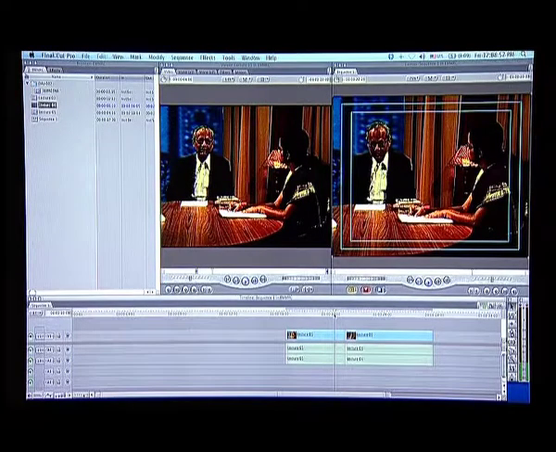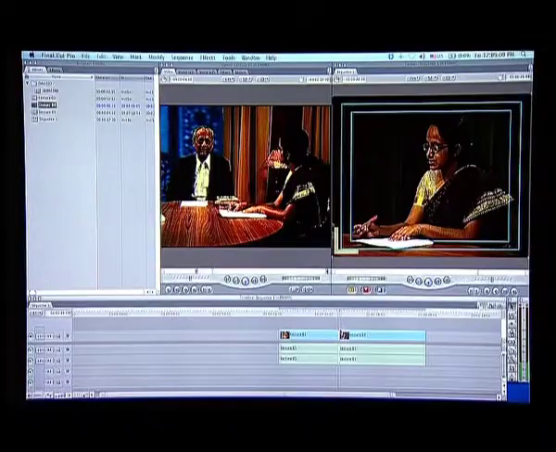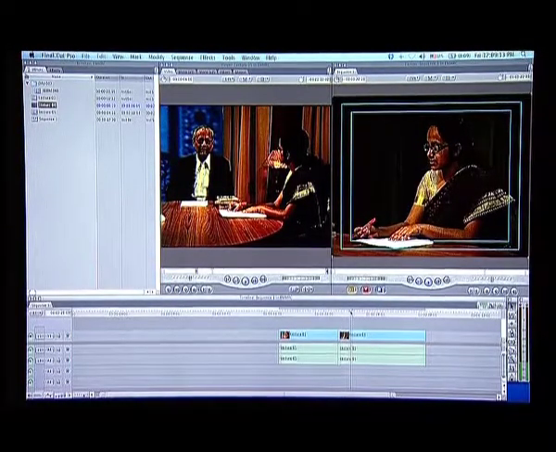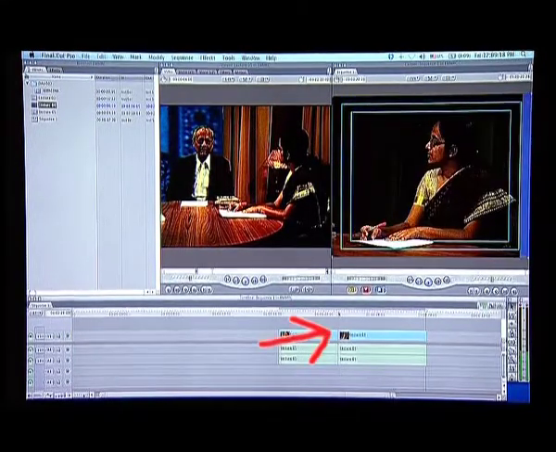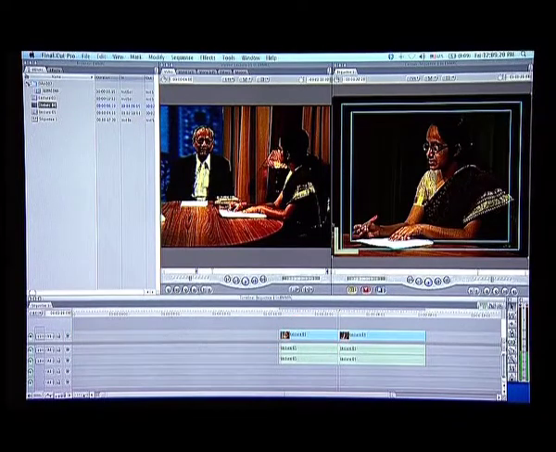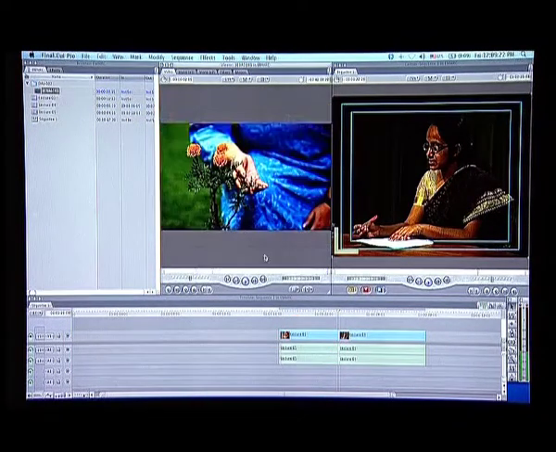Now I talked about the F9 function, which is called the insert edit. But what is insert edit? Now that I have two clips one after the other, I want a new shot here, which is not the second shot on this timeline. Say for example, I take a clip like this. I want this flower shot in between these two